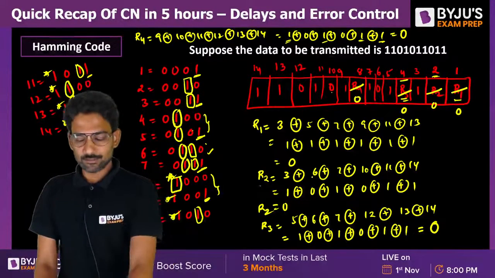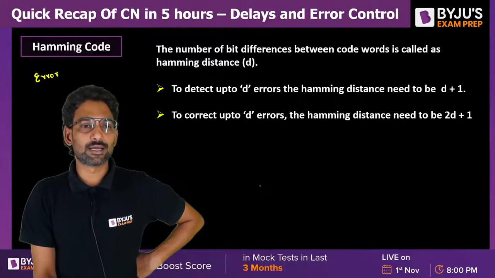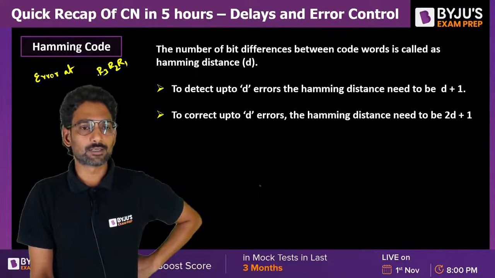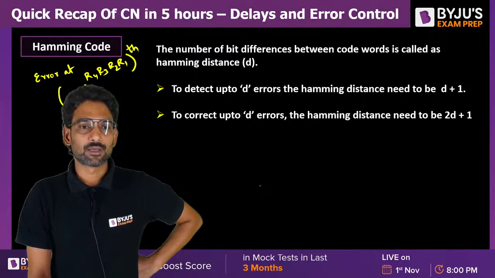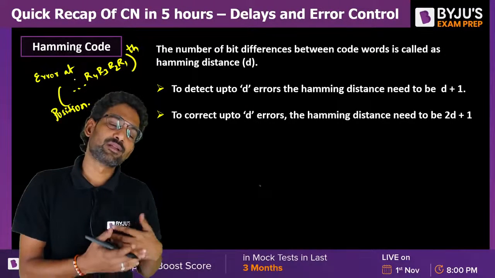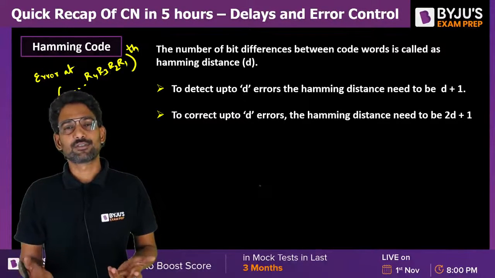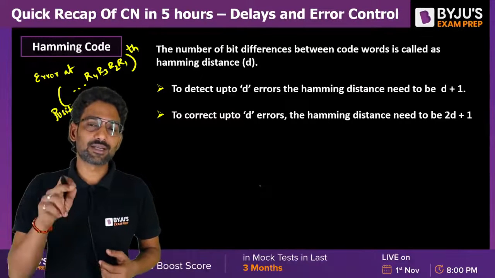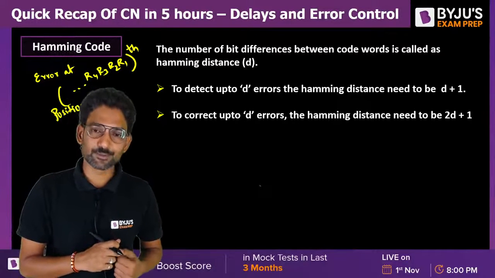So how does the receiver confirm that an error is present? The receiver confirms the error through R1, R2, R3, R4, in this way, at that position. So if there are no errors, the R's will be zeros. When the R's are zeros, it says 0th position. That's why I said don't count from 0, count from 1. Now you might have understood.